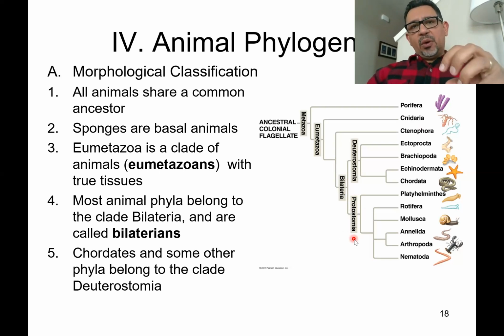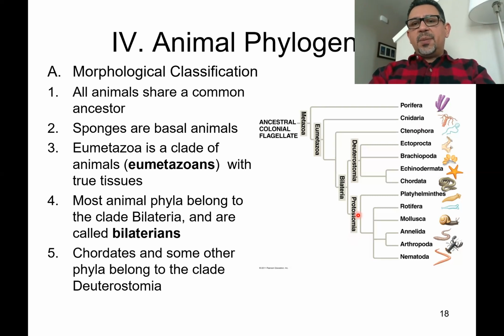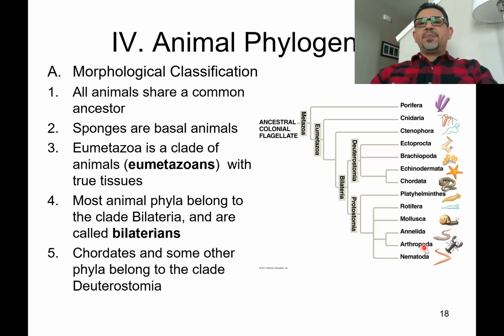The blastopore of the two-layer gastrula goes on to become the mouth of the animal. Mouth first, protostome. And so here we see all of those groups of organisms that can be classified as protostomes. Another detail that I want you to notice is that everything here in the clade Bilateria are going to be